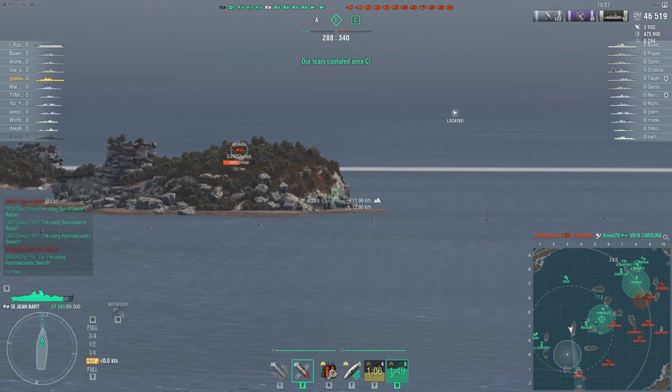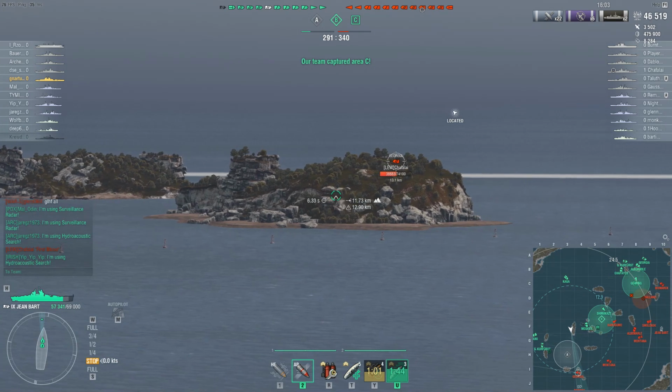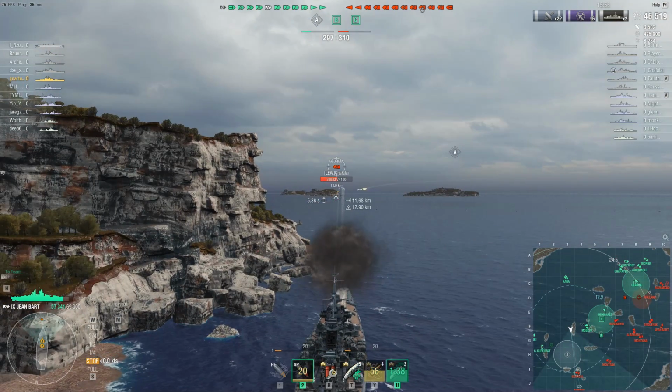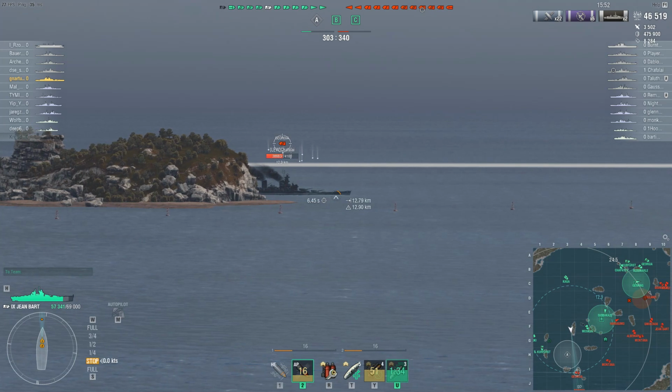The team are actually doing reasonably well at the moment, despite being the first to lose a ship. They are about to take their second cap, there it is, and they've managed to successfully, so far, at least, prevent the enemy from taking this one. What on earth is that Georgia doing? Does he not...